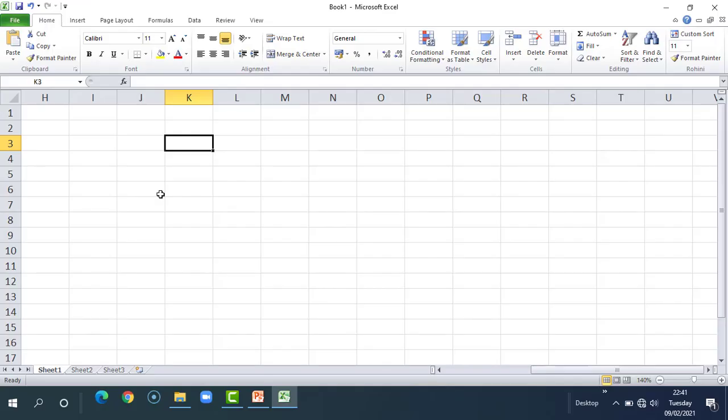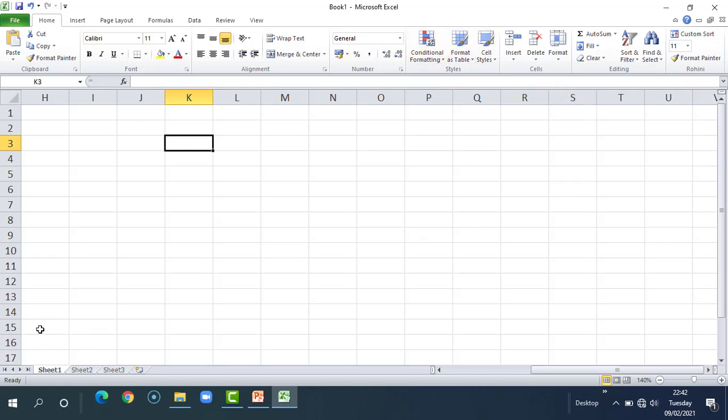Go ahead and open Microsoft Excel. Here I want to explain the difference between worksheet and workbook. A workbook is the entire file that I am working in. The name of this workbook is Book 1 as I have not saved it before. The basic Excel file has extension XLSX. So this is our workbook.